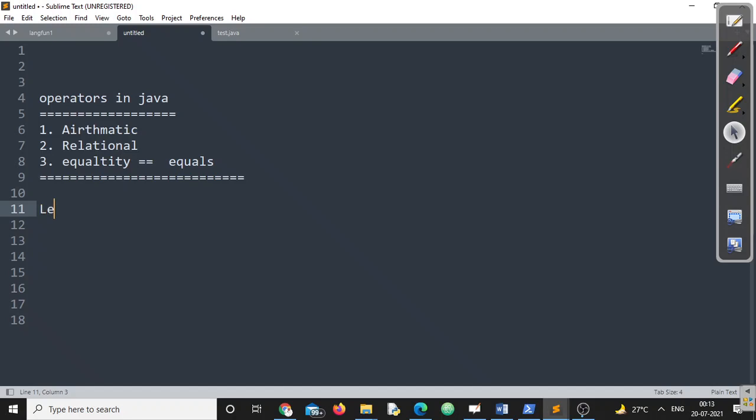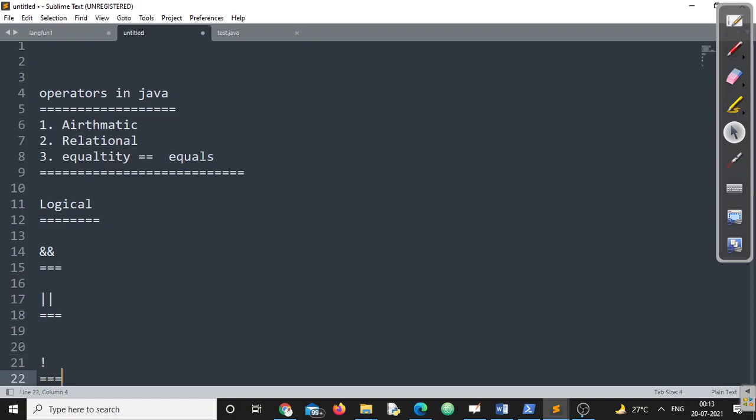The next operator in this series is a very vital and most dangerous operator, not just in Java but in every programming language. This particular operator is definitely going to help me in a lot of ways in my programming, right? Java provides three different logical operators. Now we will look at each of these operators, how they operate and what they will return to us, so that we can use them in a programming requirement.